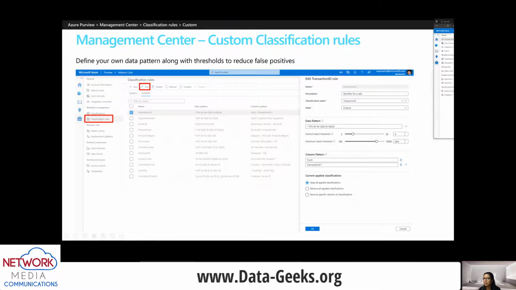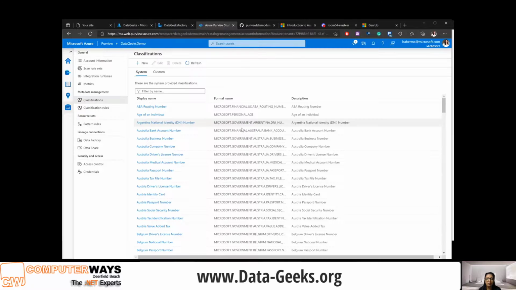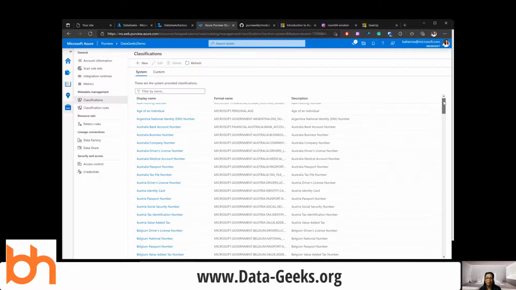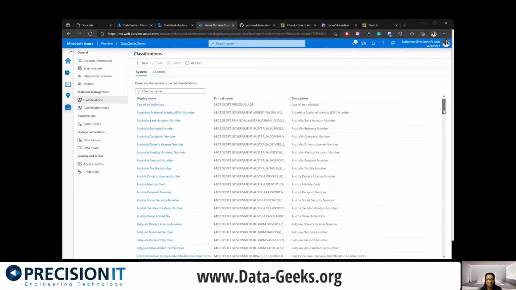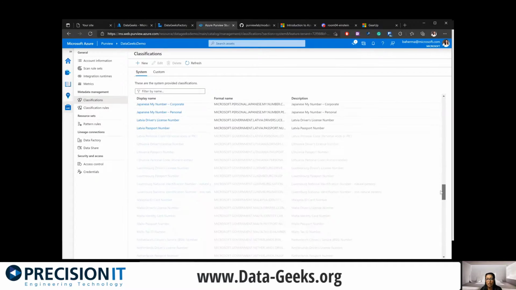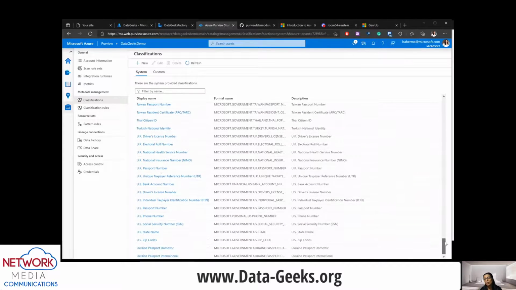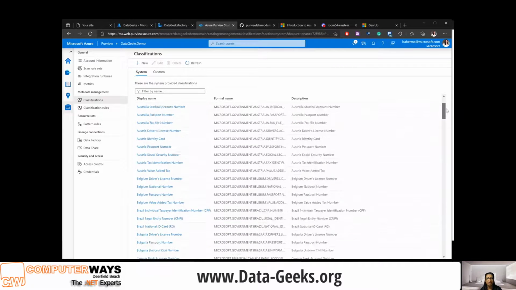Let's talk about classification. So let's go back to here. So there's this concept of classification and classification rules. So as you can see, by default, you get a ton of classifications. So you have ABA routing number, age of an individual, DNI number from Argentina. So you can see all these classifications. Basically, what it is is data patterns. And so when we are scanning metadata, it'll actually scan the data and